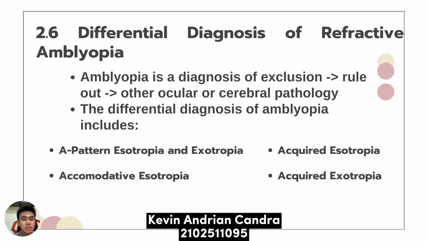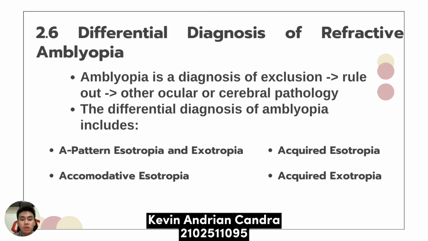The differential diagnosis of amblyopia includes: first, A pattern esotropia and exotropia. A pattern strabismus refers to a vertically incomitant horizontal deviation of the eye. Second, accommodative esotropia. Accommodative esotropia is a type of strabismus characterized by inward deviation of one eye due to uncorrected